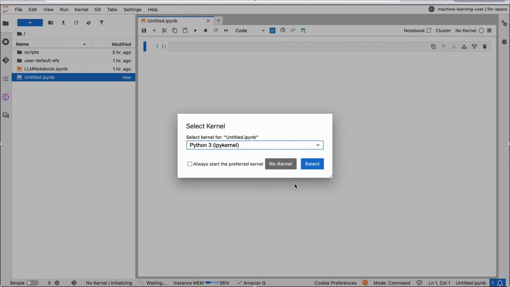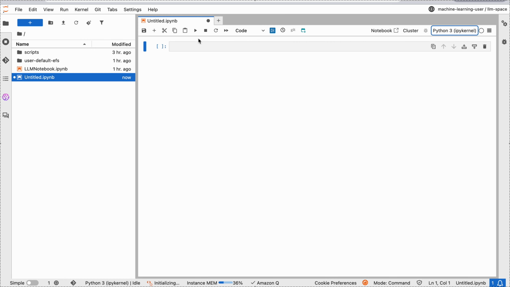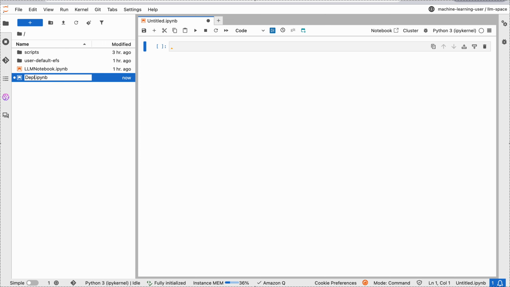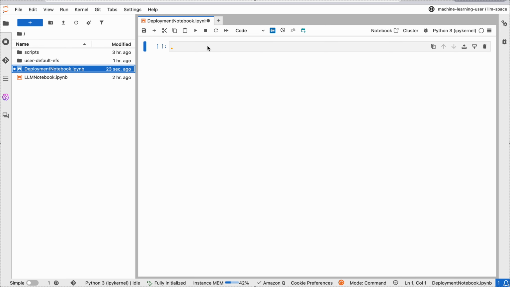You can go in the top right corner if you missed that over here, or when it asks you. And I'm going to rename this, and I'm going to call this deployment notebook. Awesome. And now what we're going to do is we're going to copy some things over from the